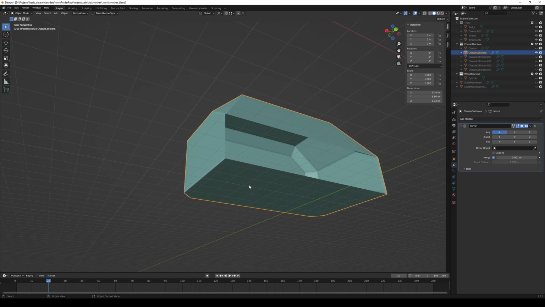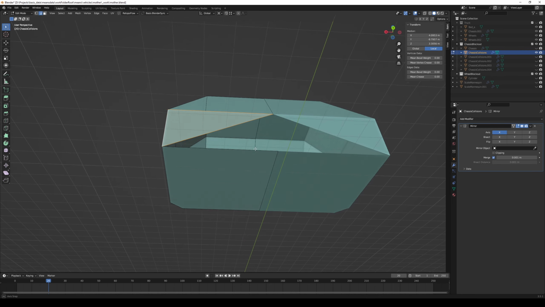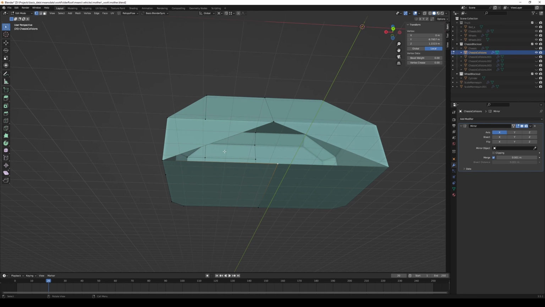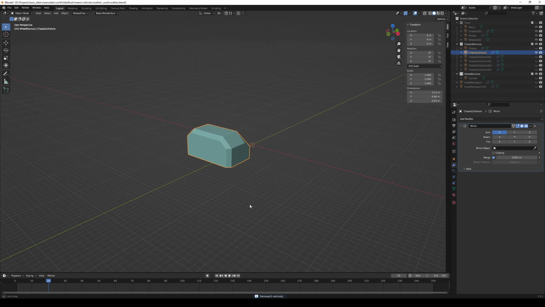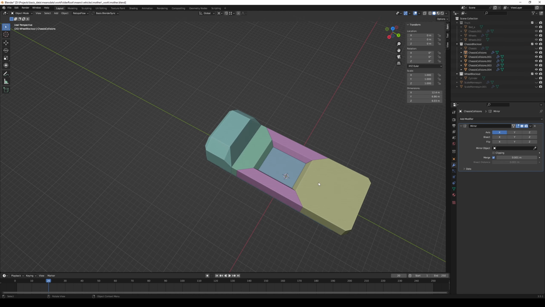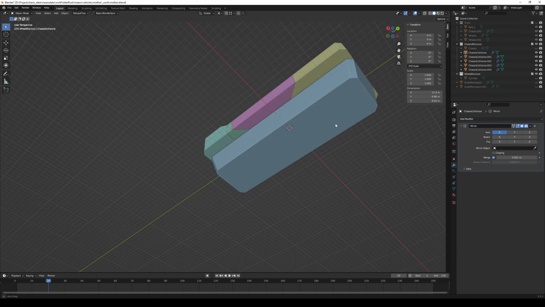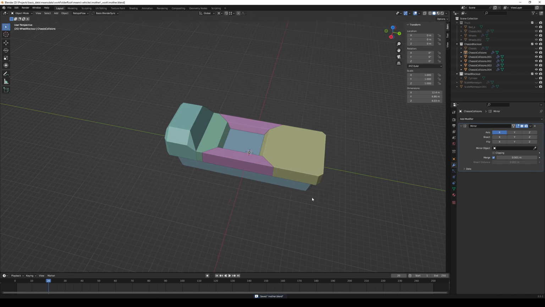And now we have this as a convex piece. Okay. Merge by distance. Let's get rid of. There doesn't seem to be anything to get rid of. Okay, and that's now a convex piece as well. Okay, so now we have this separated into a beautiful convex soup,